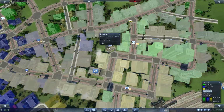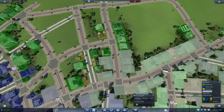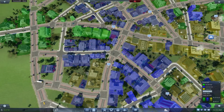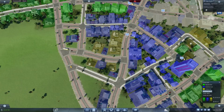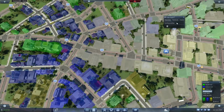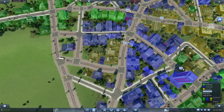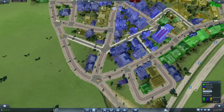Yeah, so where does that cover? That covers all the industrial, apart from that little outlying area there, that's fine. And this little bit over here, which we should be able to cover with a... let's just rename that one. Call that the industrial warehouse. It does look a bit warehousey. We'll put something in here, which will go...